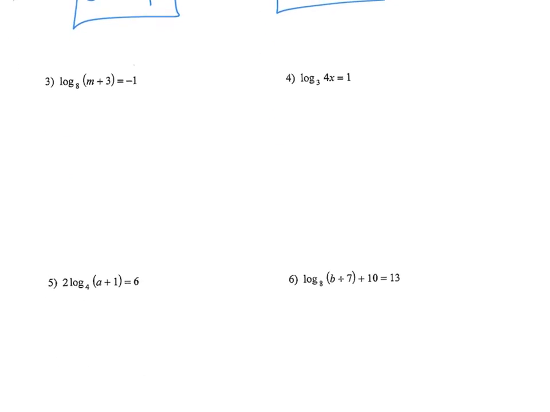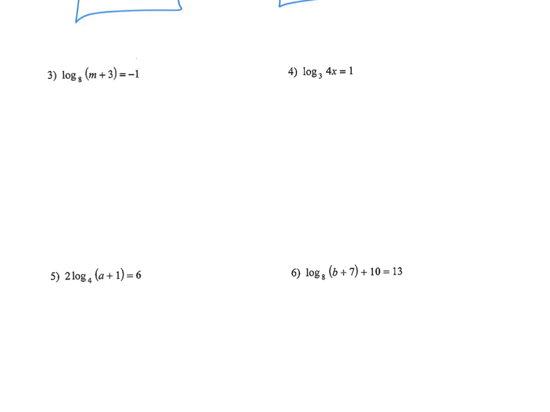Now we have other operations sometimes that we still start with the loop-de-loop. We start with 8 raised to the negative first, but now it's equal to all of m plus 3. 8 to the negative first equals m plus 3, and we have another step to solve. I figure out what is 8 to the negative first. That's 1/8